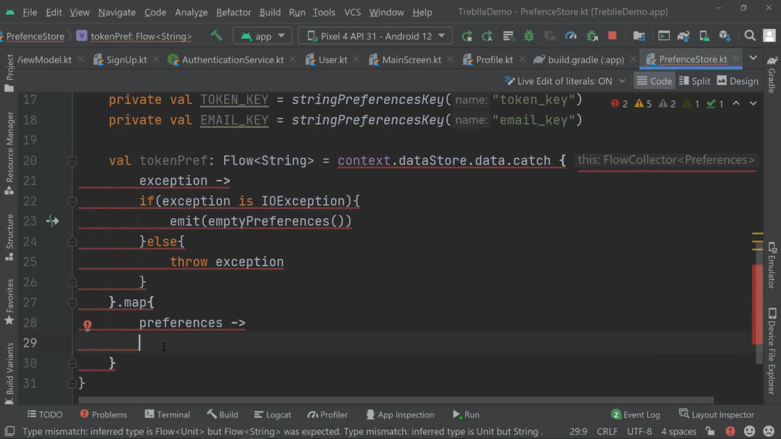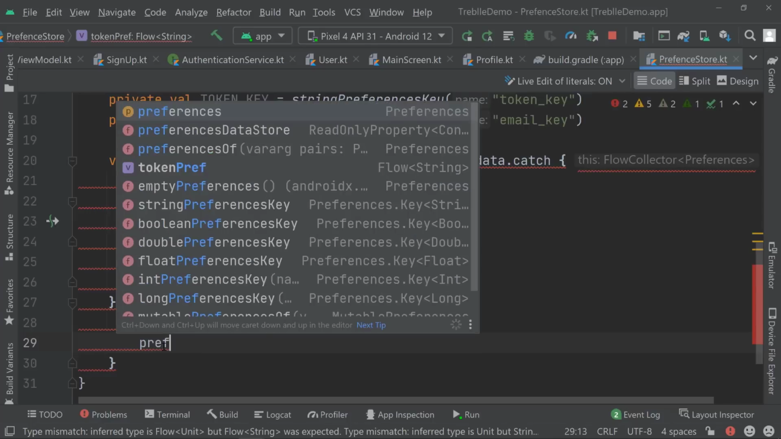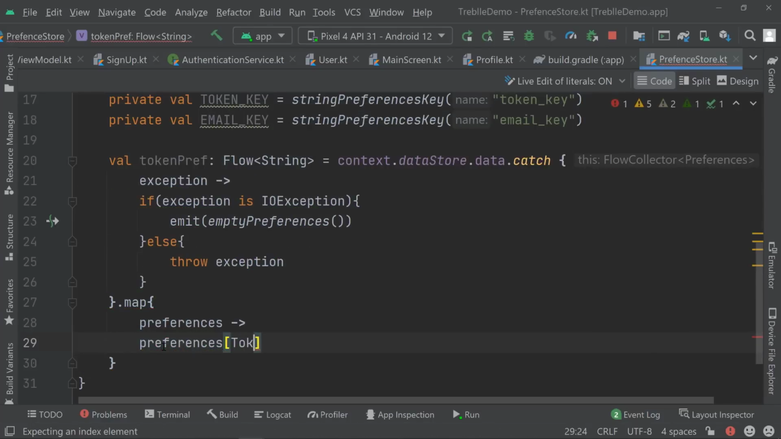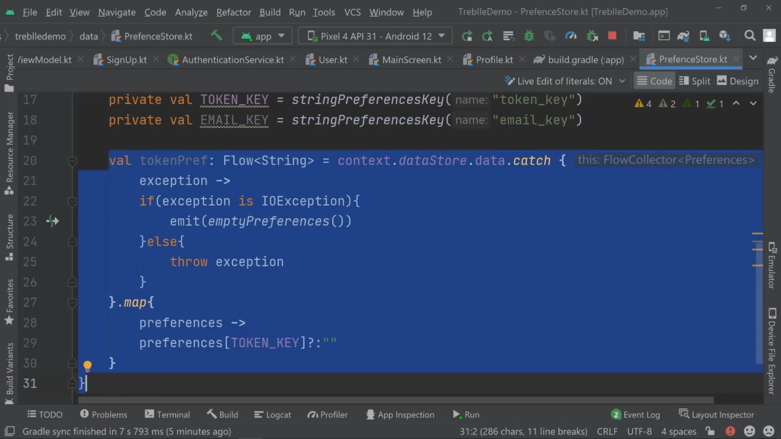So the preferences are going to be preferences at the position of the token key that we had set up. And if we don't have one, we're going to use an empty string. Okay, so that's how we can set this up. So basically, by default, the data store uses coroutine and returns flow values, so we can create a variable to